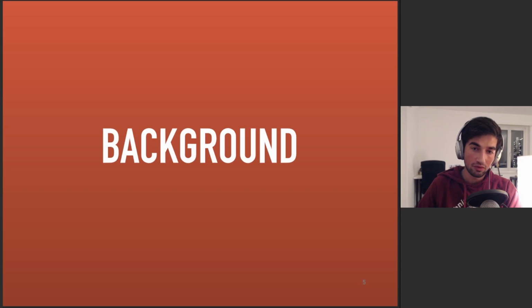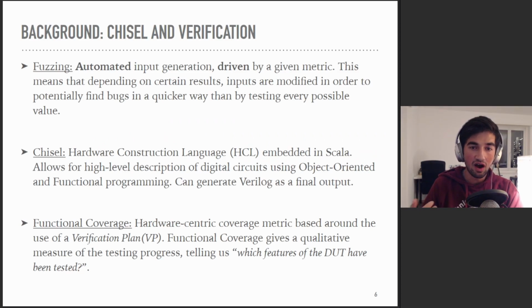So before we go any further, I'll quickly present some background on Chisel and fuzzing in general. So fuzzing refers to the automated input generation driven by a certain metric. This allows for more effective randomized testing with the goal of exploring all or most interesting cases without having to go through every single possible input value. Then we have Chisel, which is a hardware construction language embedded in Scala. It allows for the high-level description of digital circuits using object-oriented and functional programming constructs. Chisel is compiled through an intermediate representation called Firrtl before finally outputting Verilog code, which can be simulated using Verilog